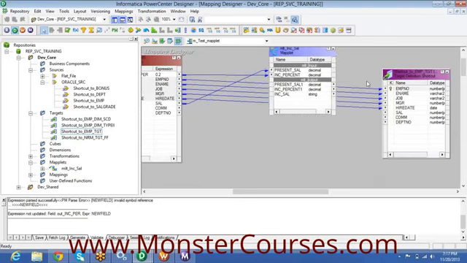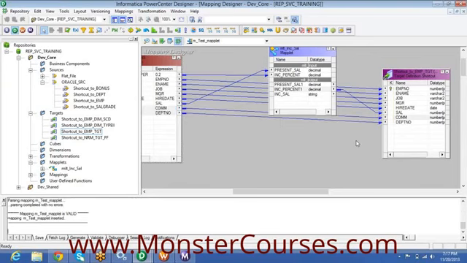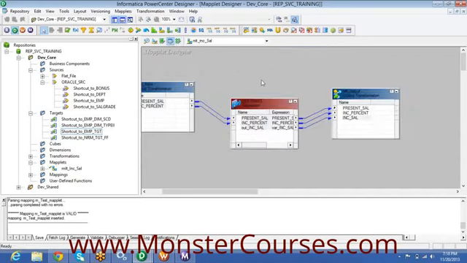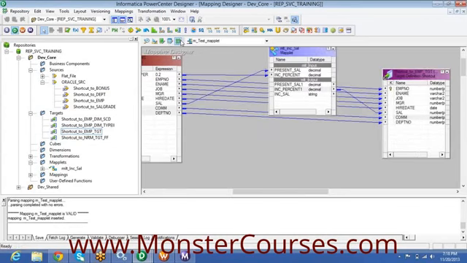And how will you define whether a mapplet is active or passive? Once you are connecting the salary, you need to connect the increment salary from the mapplet, and then commission, department. So how will you know whether a mapplet is active or passive? In this mapplet, it's not doing any filtration, right?